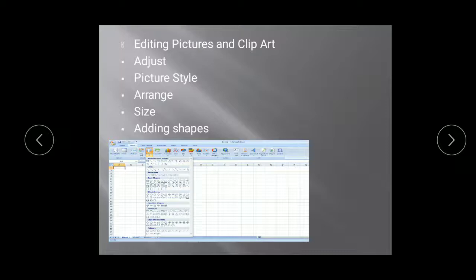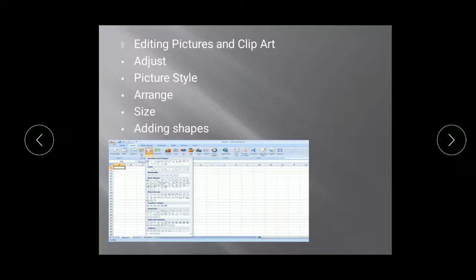Arranging, that is alignment and rotation. Suppose you want a picture tilted, upside down, or in the opposite manner, you can rotate it through 360 degrees like a circle. When you click on it, you will get a handle with an arrow above it, and by that you can move your image or graphic to any angle, a full 360, wherever you wish.